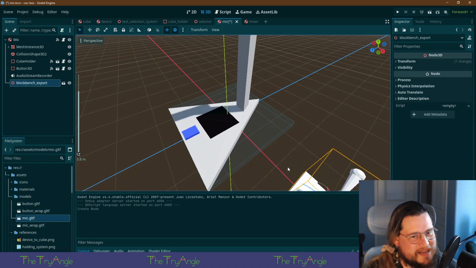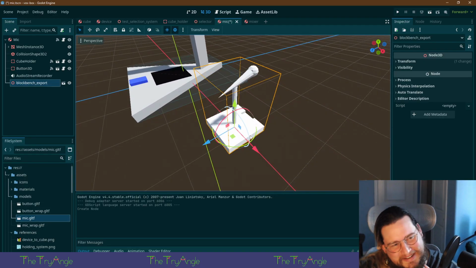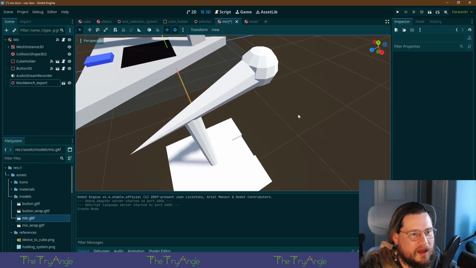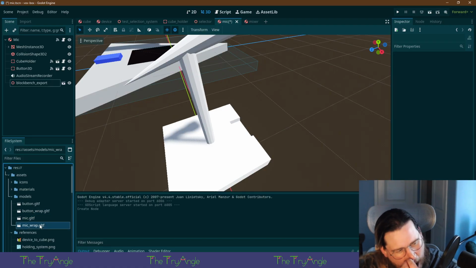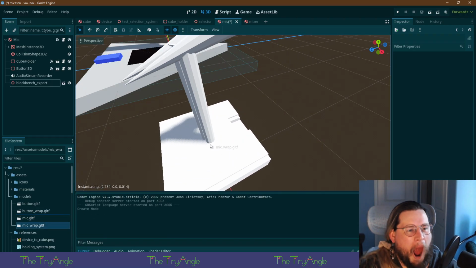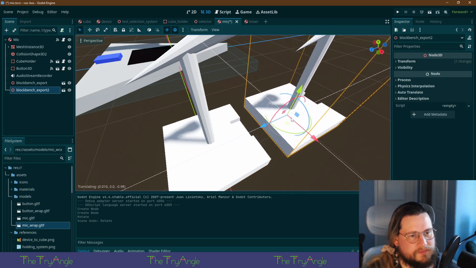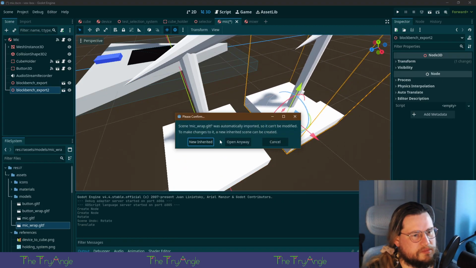Oh, it's tiny. Well, good. And then there's this one. All right, so hear me out. Oh, nuts. Yeah, open it.